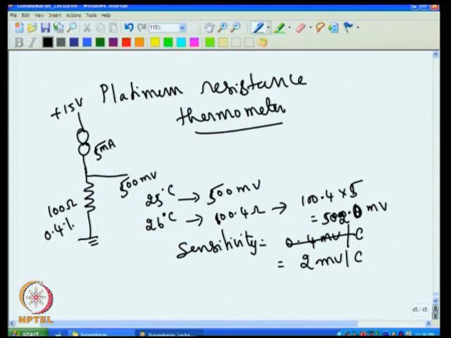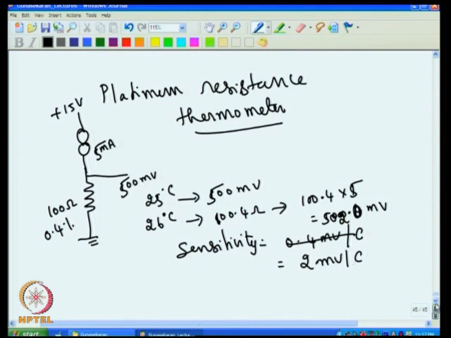Now it is a compromise between the self heating, because if I put more current, then more self heating takes place, and then the accuracy is lost. But if I give less current, then sensitivity reduces. So you can increase the sensitivity by increasing the current, but at the cost of self heating, which gives a temperature error. So in this case, let us take, for example, 5 milliampere current and then produce 2 millivolt per